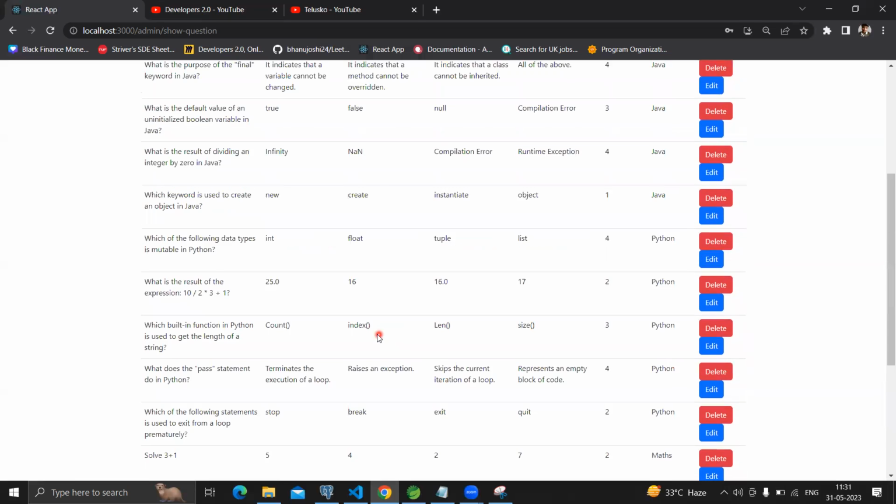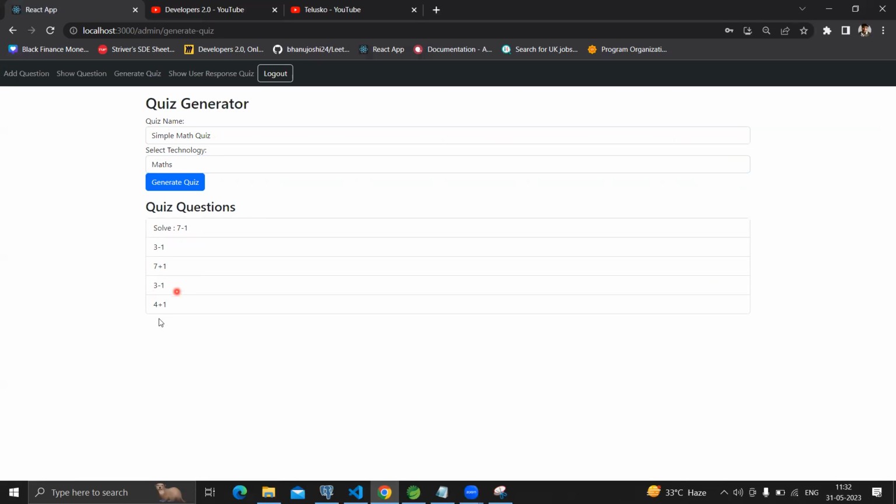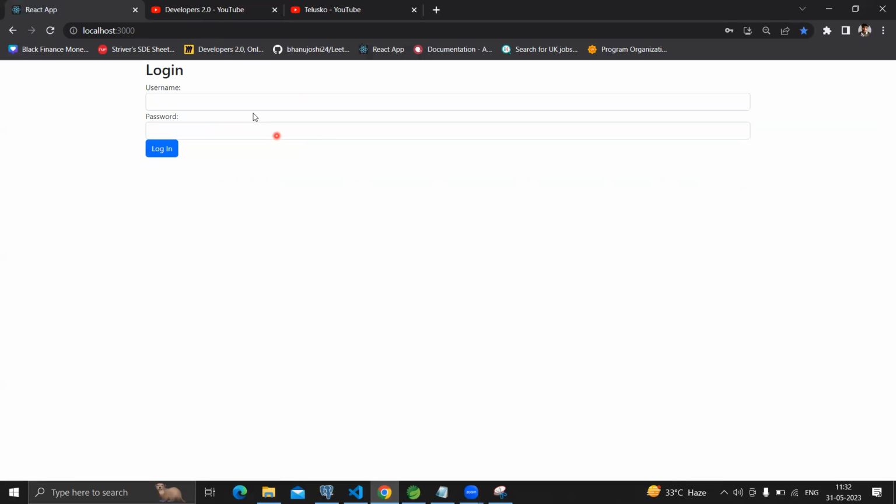Now let's generate a quiz. Simple math quiz. Okay. We will generate one quiz based on maths with the name simple math quiz. So these are the questions: 7 minus 1, 3 minus 1, 7 plus 1, 3 minus 1, 4 plus 1. Let's log out and log in as test user,